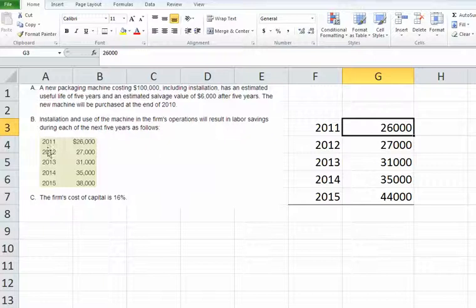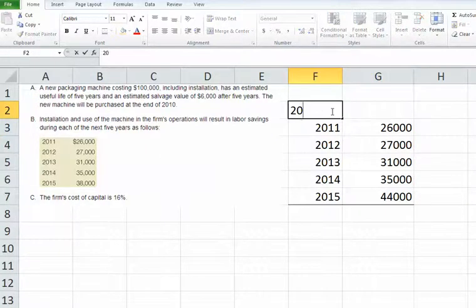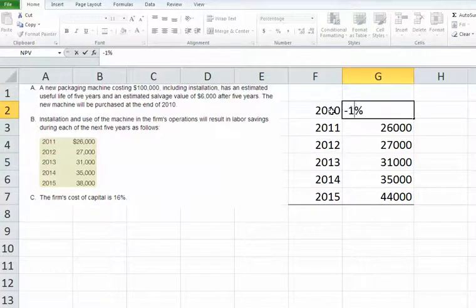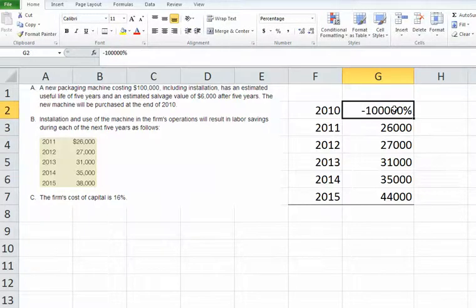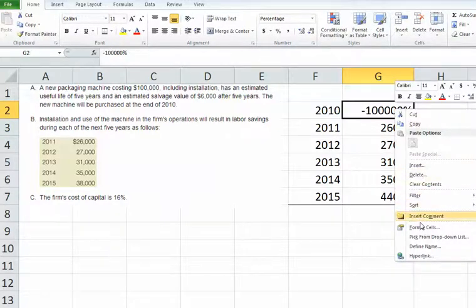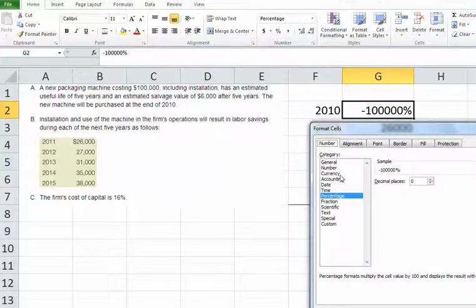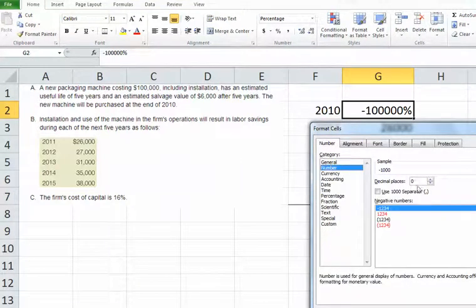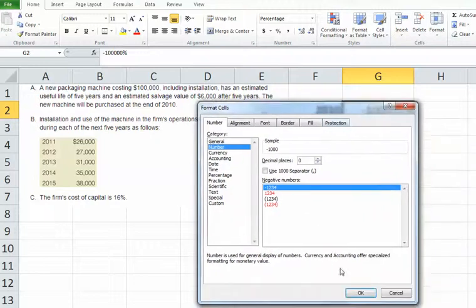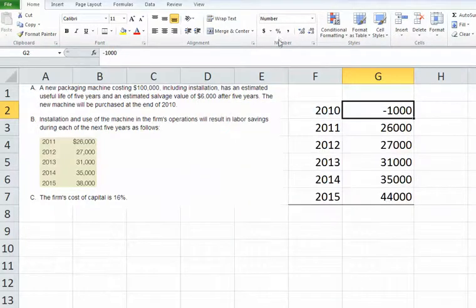So I'm going to add one column to this to include the outflow of cash required at the end of 2010 for $100,000. I need to change this because it's coming up as a percent. So let's format cells, and just do a number. Okay. Now we've got our $100,000 cash outflow in 2010,